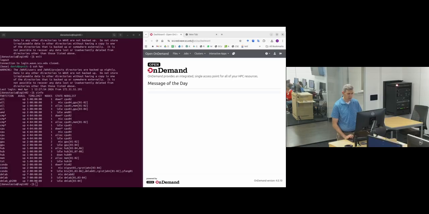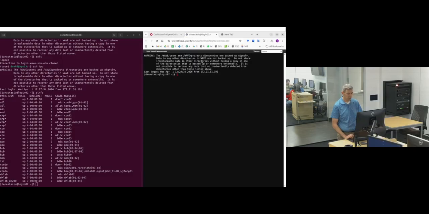This is the link to it. When you log in, it asks you for your SCU username and password. Again, you won't be able to log in until you have an active account on the HPC, but once you do, you get this interface here. And then from here, you can do things like transfer files through this GUI interface. You can look at active jobs on the HPC or create a new job to submit. You can get a terminal, a web-based terminal. So here's the same thing, but in a web interface.